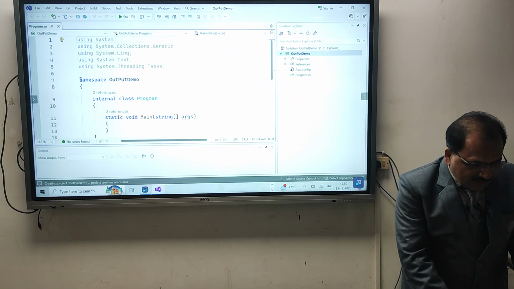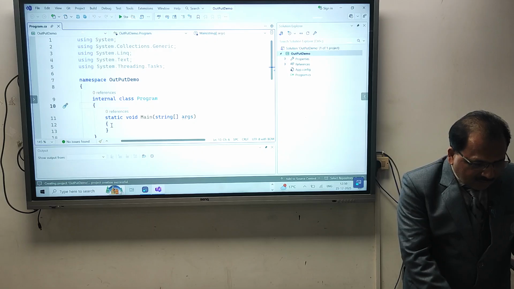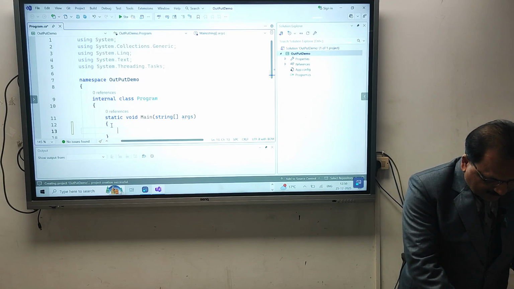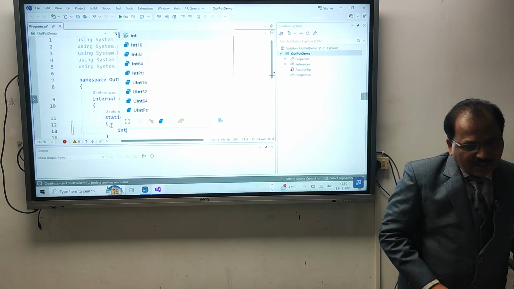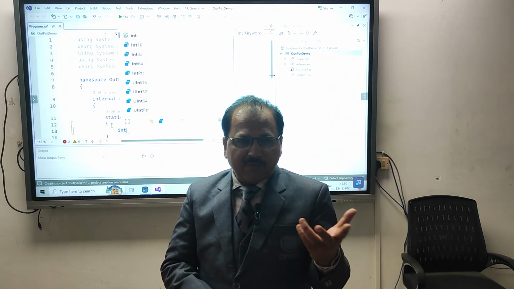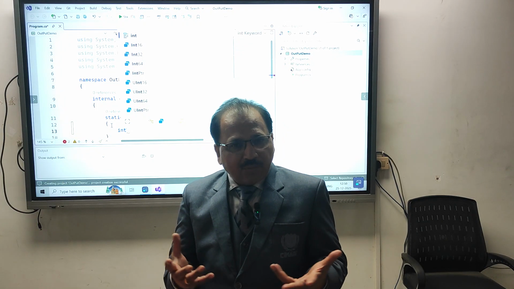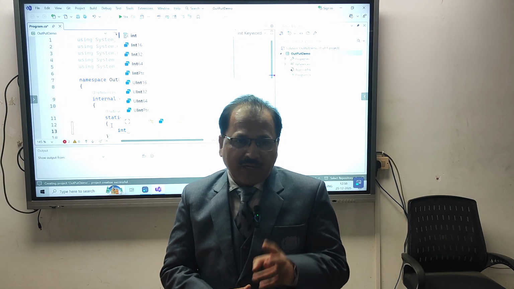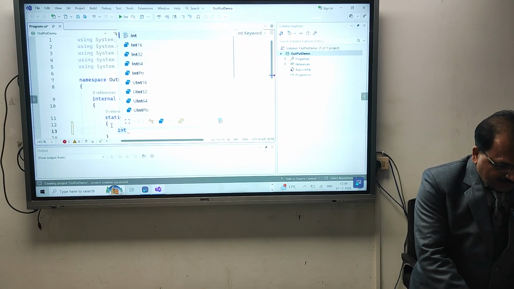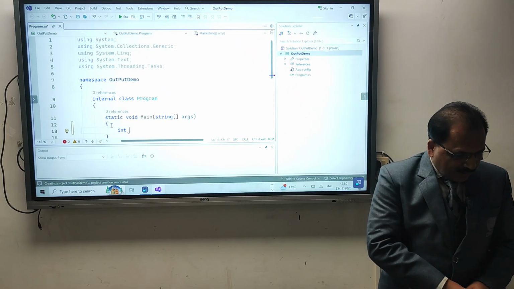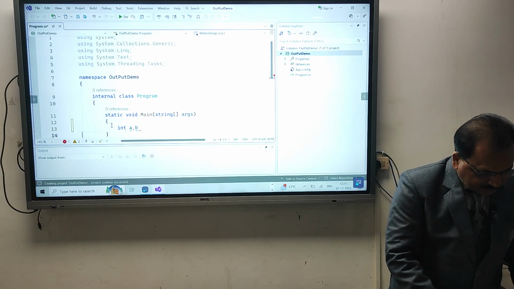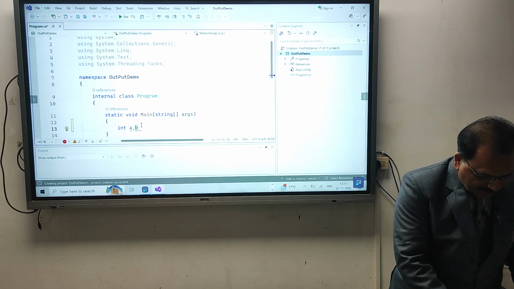Now, within this, I'm going to create one method here, one variable. Let's say I'm going to create two variables rather, because I wanted to return two values from the called function. One value is anyway getting returned by the return keyword. So how can we get the benefit of the out keyword? At least two values I wanted to return from the called function. For that, I'm going to create two variables here, let's say variables a comma b. Two variables which I have created here.